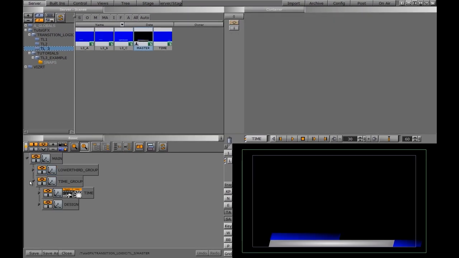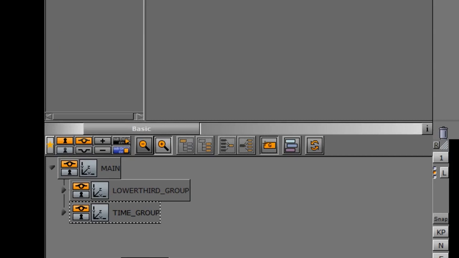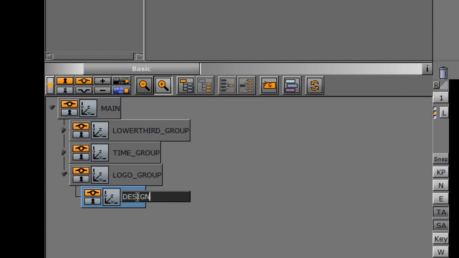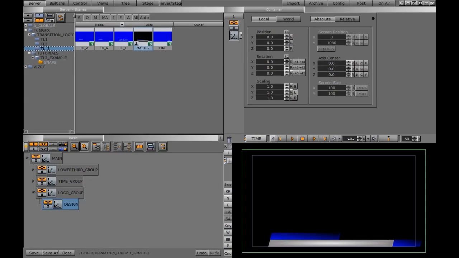add a logo or something. So I'm going to go ahead and add another group here. I'm going to call this one logo group. Again, I like to throw all my design elements in another group and keep them separate, so I'm going to call this group design. I'm just going to advance my timeline out here, and now that we have multiple directors,